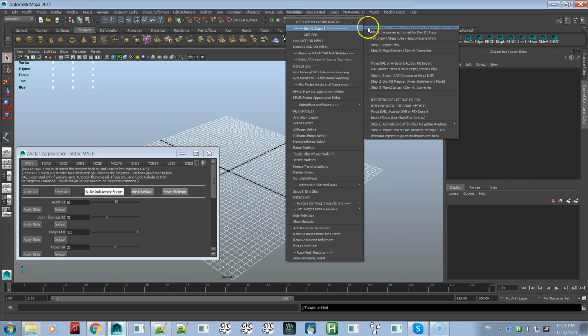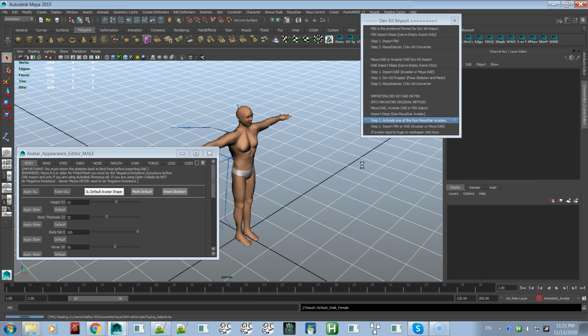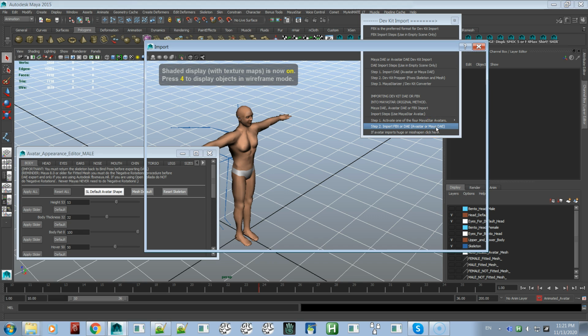Let's try this method, see how accurate it is. Male bento. Okay, then we import the DAE